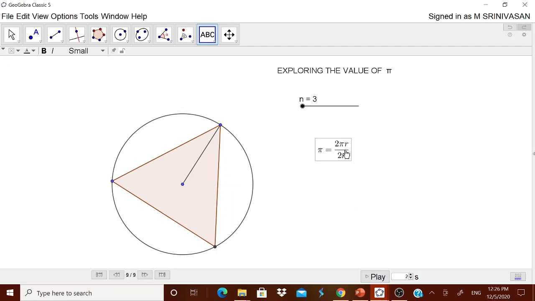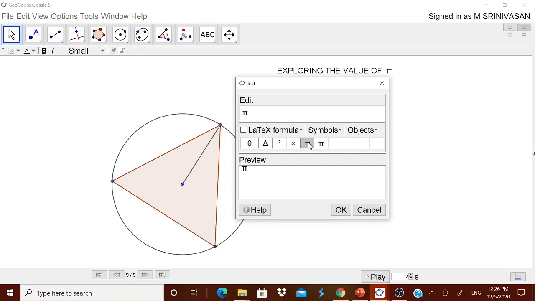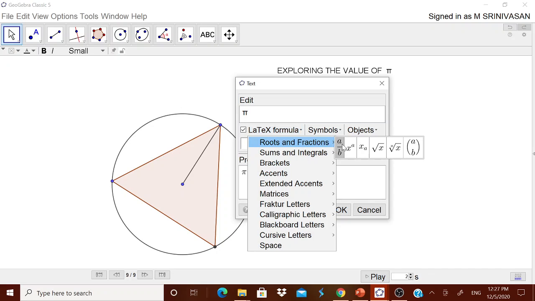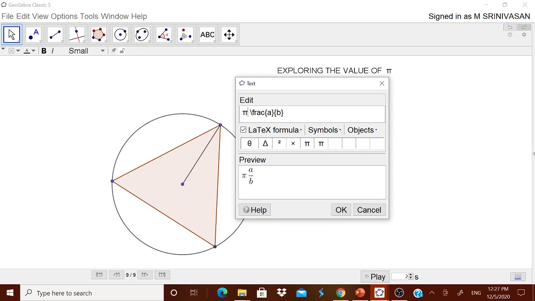Okay, now the children will ask how I get this is 2 pi r. Now you can tell it is actually very simple. Therefore I will once again go for the LaTeX formula. Pi is equal to a by b, sorry, is equal to symbol. In the a I will write